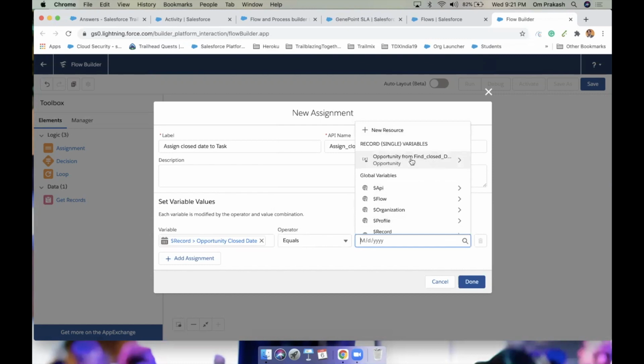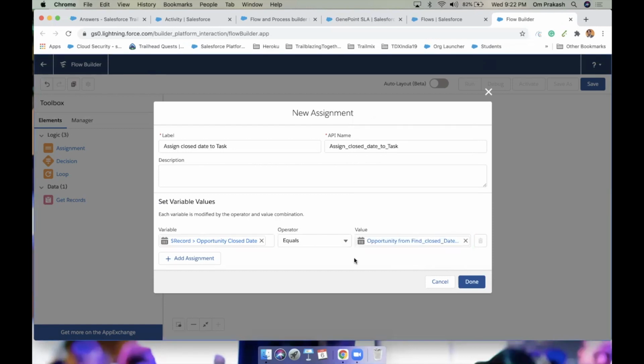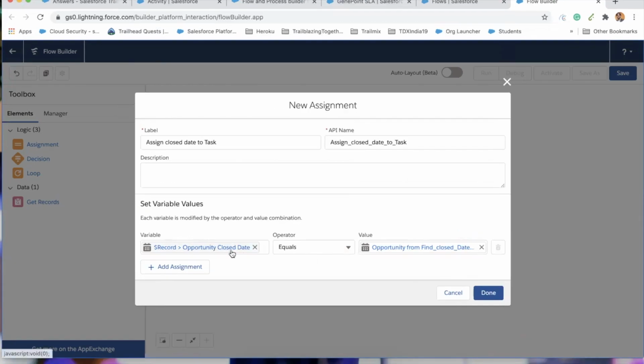You can see opportunity from Find Close Date, the name of our previous Get Records element. So the opportunity record, dot close date. Let's find close date. So we have assigned the opportunity close date on the task equal to the variable from the opportunity.